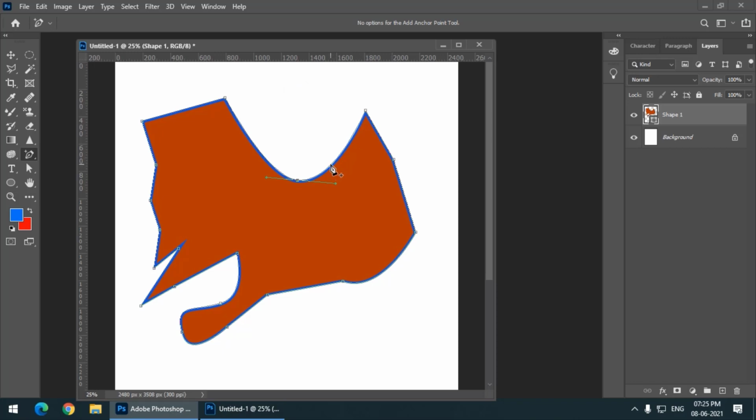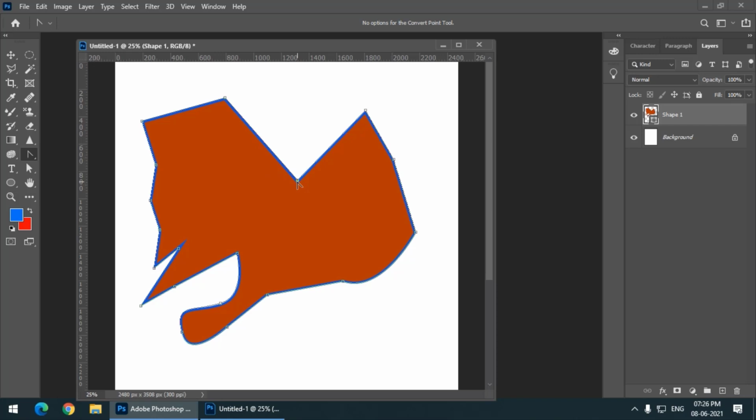But what if we want that curve into a line, or if we don't want a curve, we want line instead of a curve? So what we can do, we can simply go to this same group, and we have convert point tool at last. So we can simply click on this particular node, then it will be converted into a line.